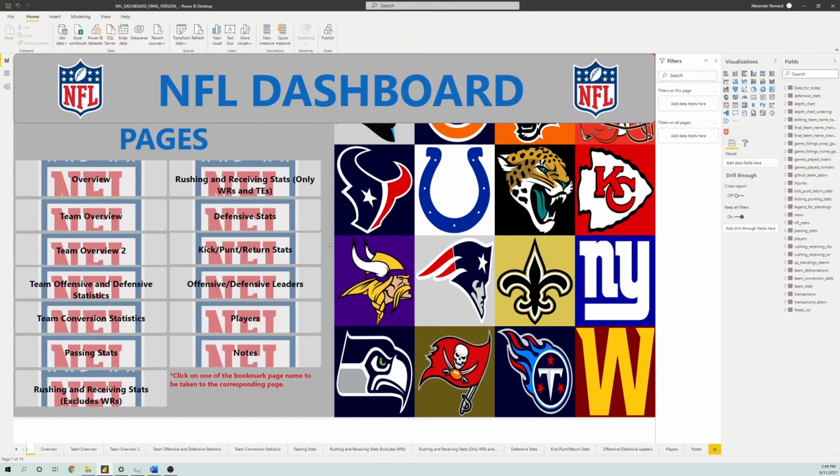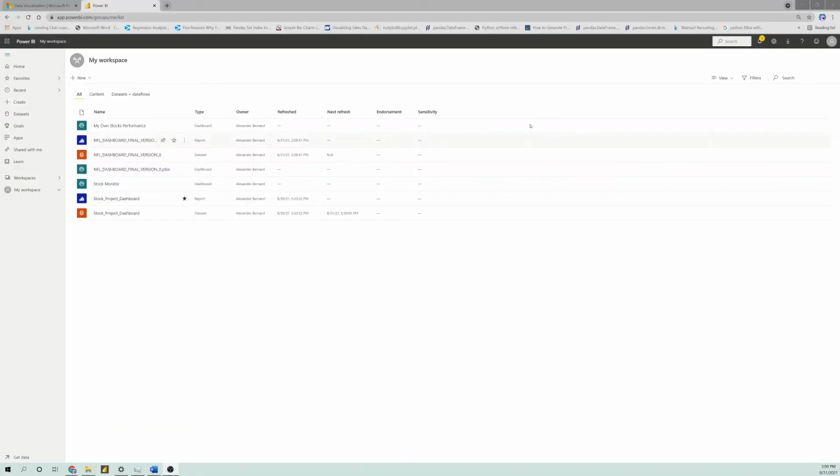dashboard. Hopefully it provides a lot of insight as to a player's performance. Not really why they did well, but how they did over a period of seasons, or even teams as well. All right. So the last thing that we have to do is upload our report, or our dashboard, to